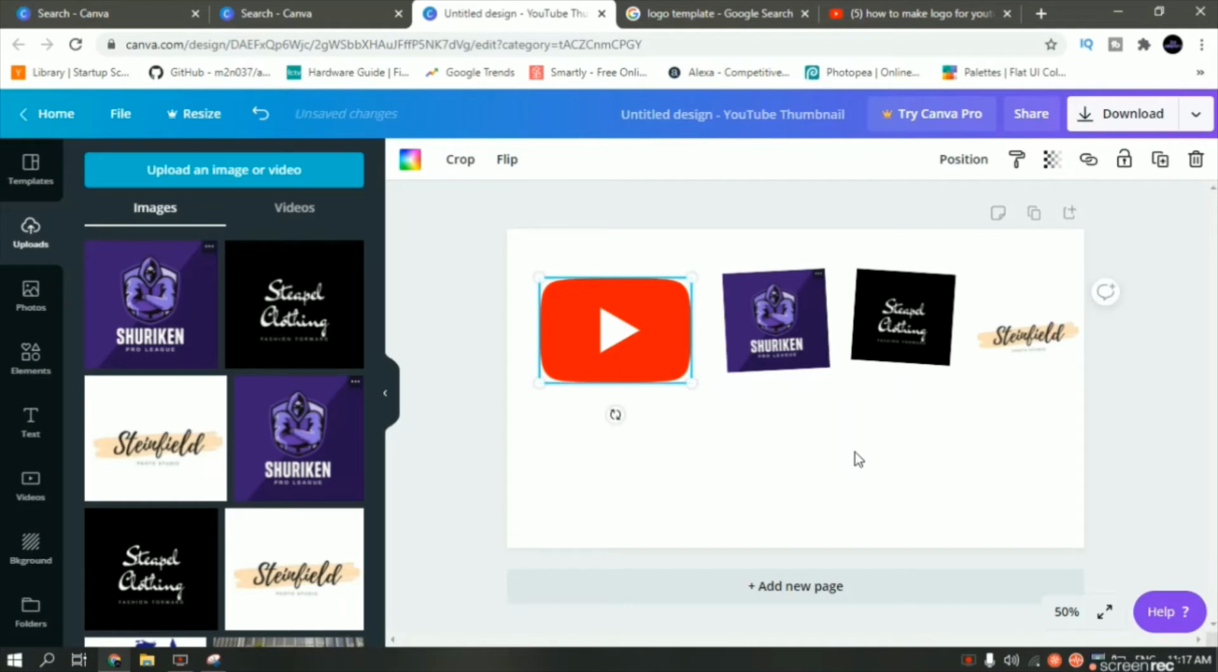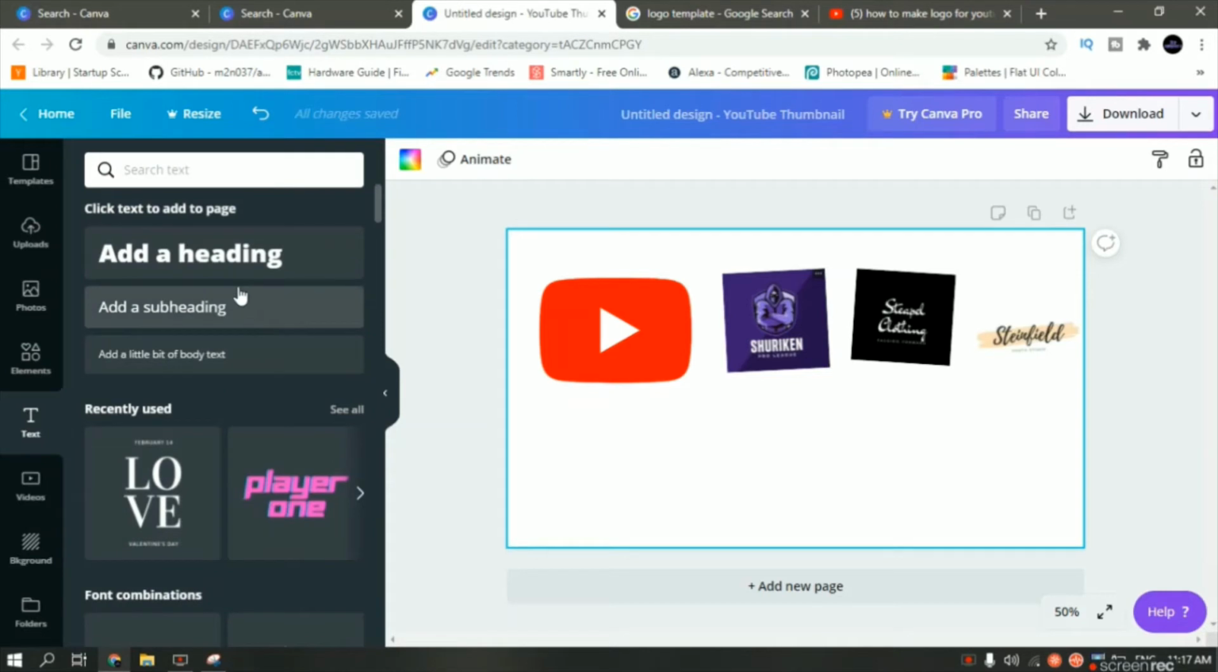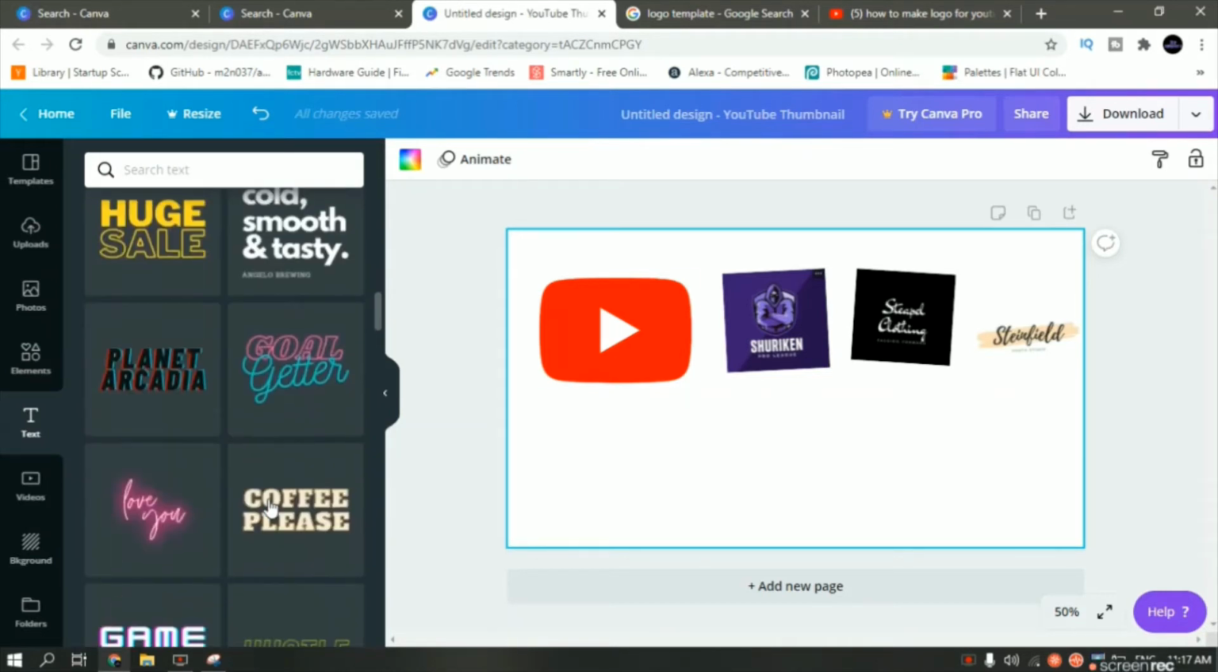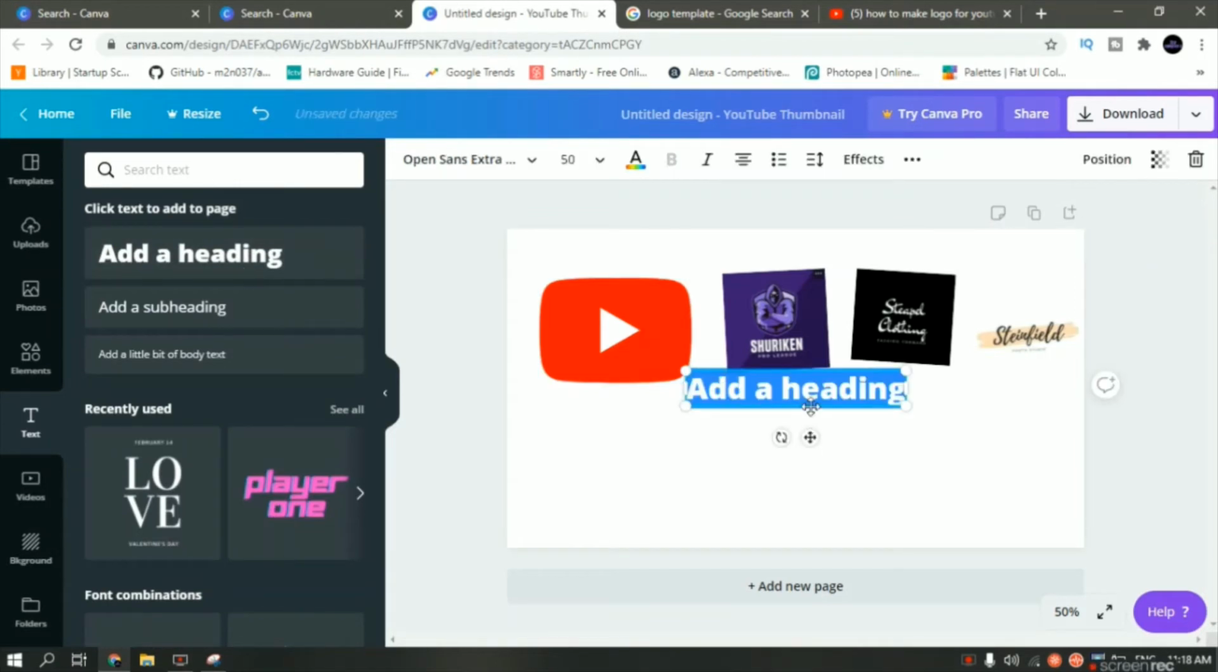Okay, now let me go in text and just add a text which says make YouTube logo for free. So let me go in the text section. From here I can click on this add heading and enter a text, or I can select any one of these font combinations. I'll select the add heading option and then just type the text, which is make YouTube logo